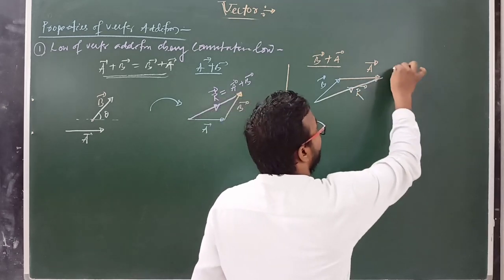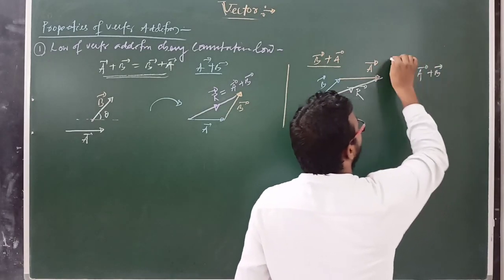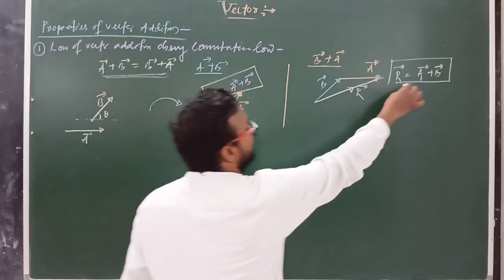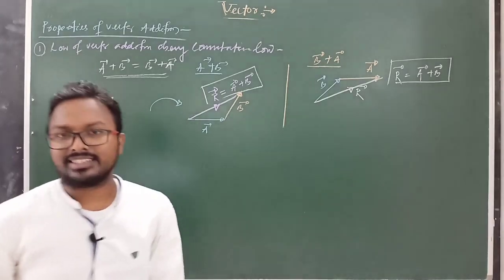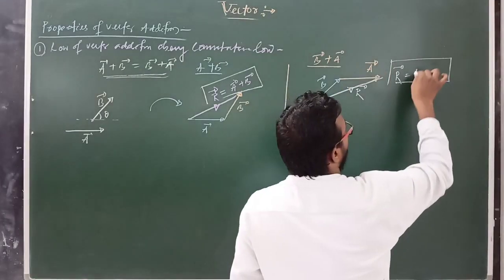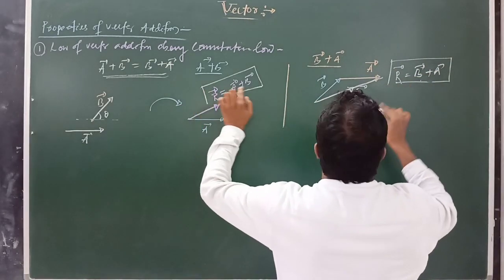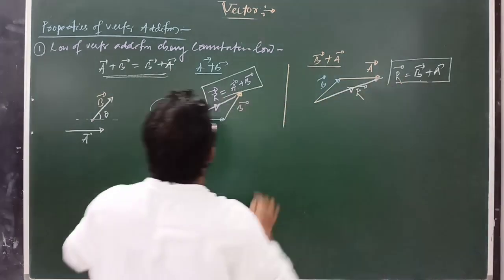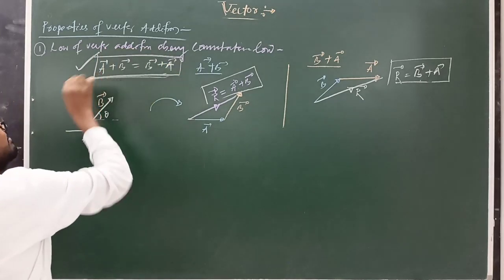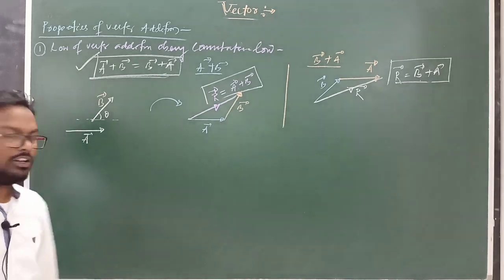Now the closing side represents the resultant of these two vectors, and this represents the resultant vector R, which is vector A plus vector B. Clear? So here resultant R equals A plus B, or you can write it as vector B plus A. Here R equals A plus B and R equals B plus A. R are equal, so we prove that A plus B is equal to B plus A, means